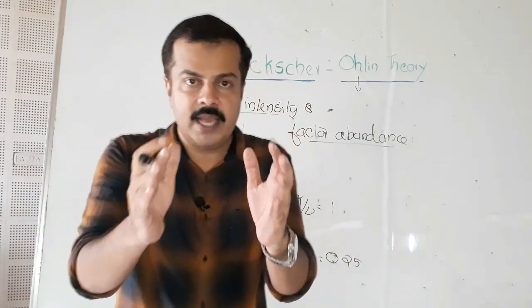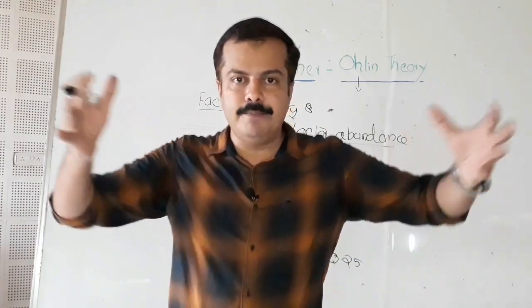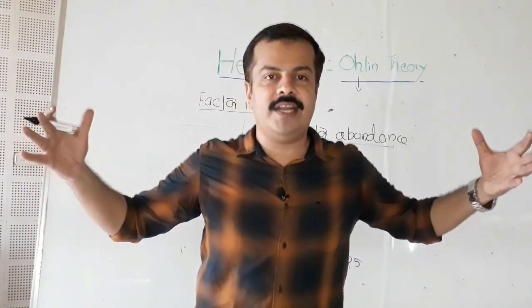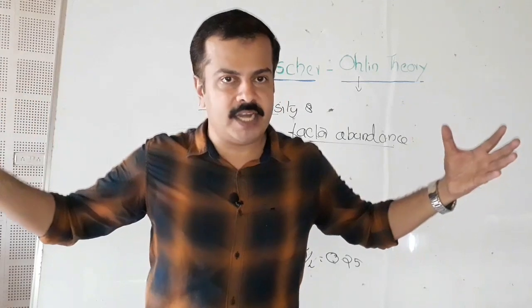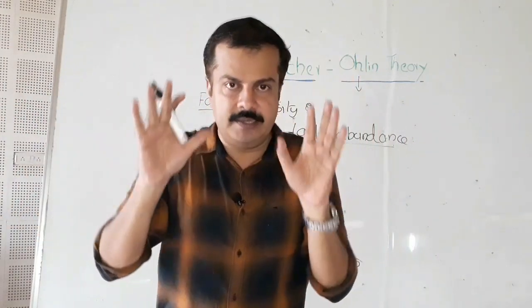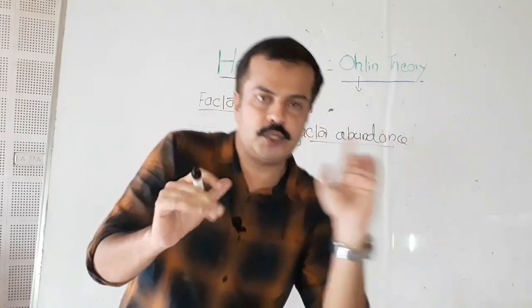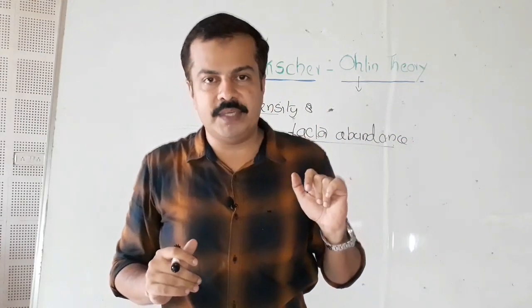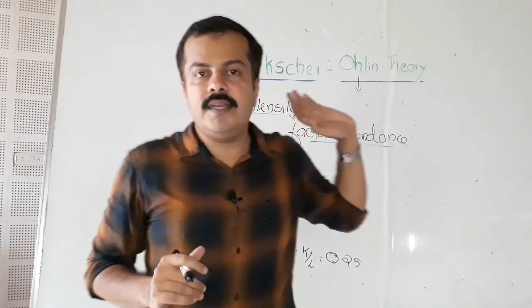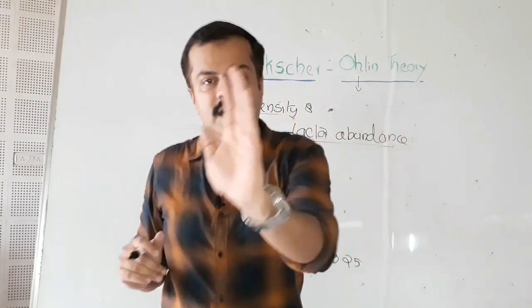It should be remembered that we are not talking about the absolute quantity of capital and labor, the total amount of capital and labor. No, we are dealing with the amount of capital employed with 1 unit of labor. That's the implication of capital labor ratio. So that's how factor intensity is measured in the Heckscher-Ohlin theory.